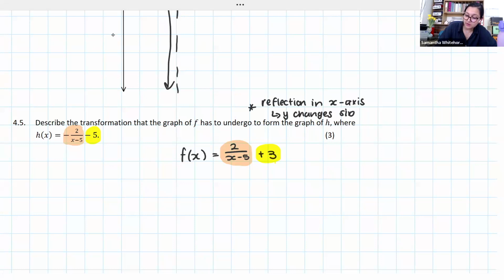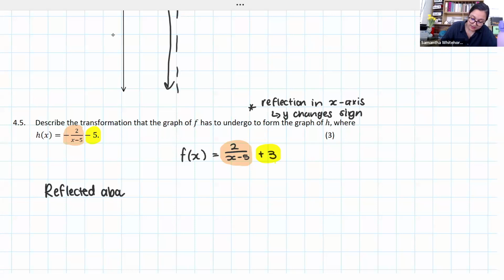So if it was negative, it's now positive. If it was positive, it's now negative. That's happened here, okay? That fraction, because it's become negative, it has changed sign, so we've got that reflection. We can also see the change in sign in the negative 5. Granted, it's negative 5 with a shift, but we can see that change in sign. So this has definitely been reflected